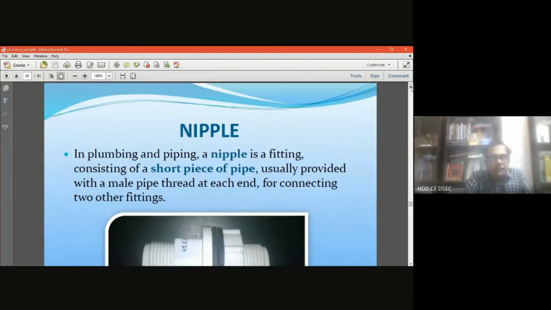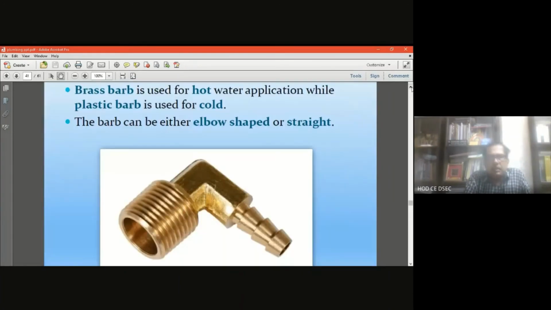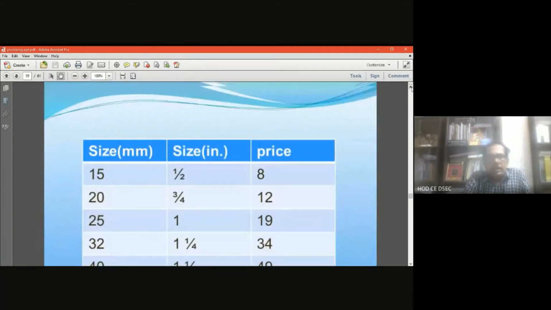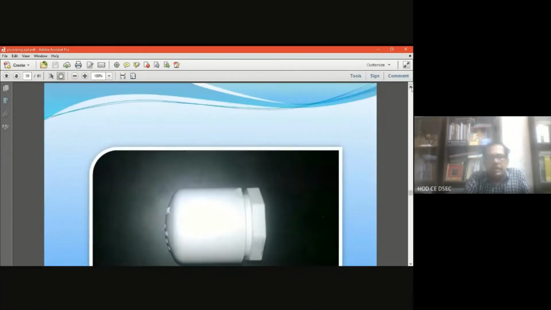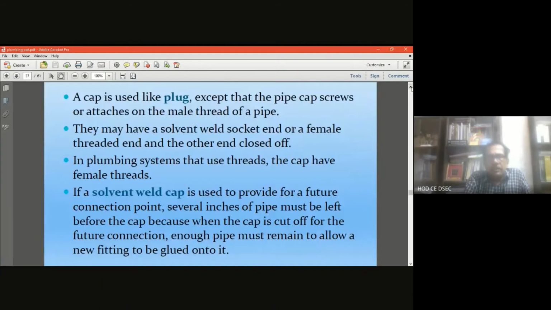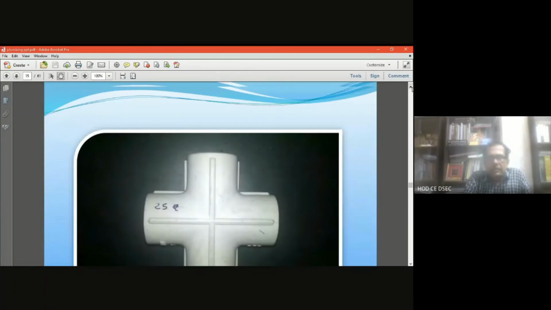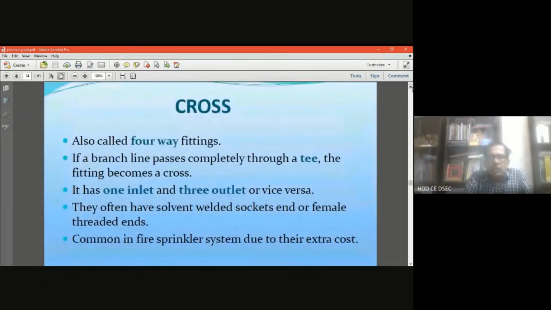These are all about the fittings. I think I have covered the plumbing part. So today's lecture is the last lecture of this plumbing part. In conclusion, again I am stressing the importance of plumbing in the building, because module 7 basically covers plumbing in the building.